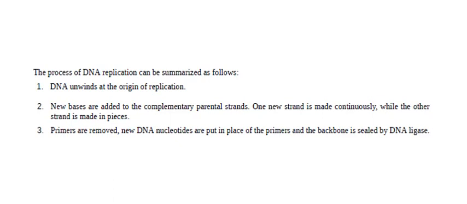New bases are added to the complementary parental strands. One new strand is made continuously, while the other strand is made in pieces. 3. Primers are removed, new DNA nucleotides are put in place of the primers, and the backbone is sealed by